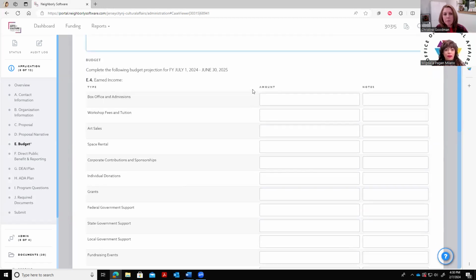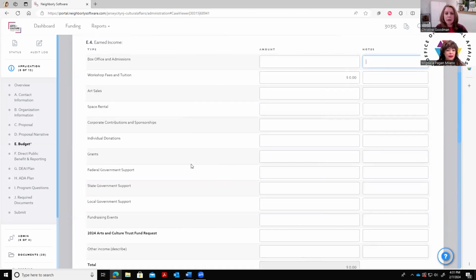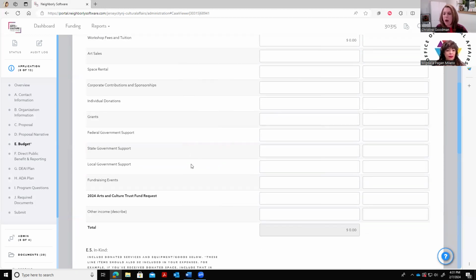So in earned income, if you have completed this application in the past, you'll see it looks a little different. It goes into more detail to help you tell the story of where your earned income's coming from. So you'll see here, maybe there's workshop fees, art sales, box office, space rental, corporate contributions and sponsorships, individual donors, grants, various government sources, fundraising events. So maybe you have a gala, or maybe you're going to have a special fundraising night where you're going to